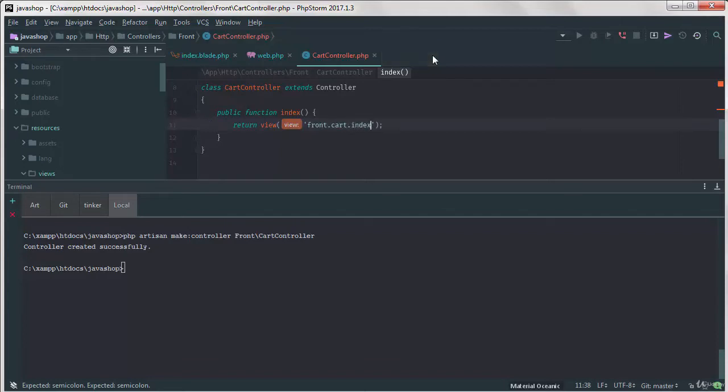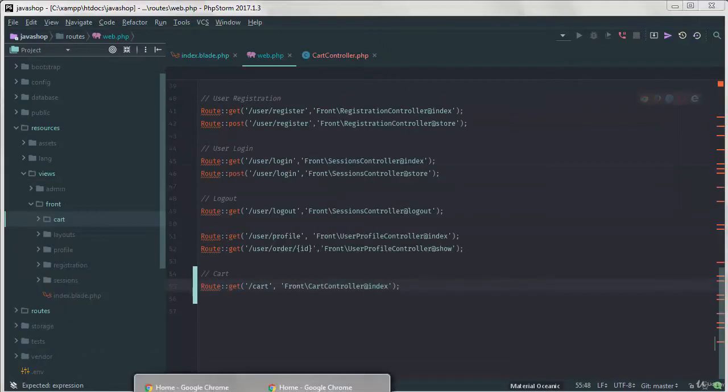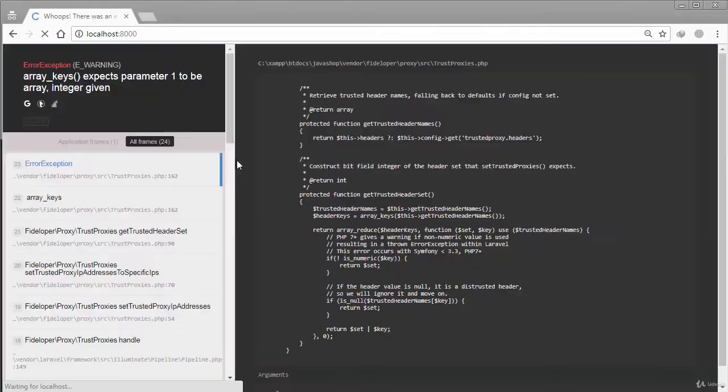Okay, just close this, and let's just complete the route for it. Front cart controller and index method. So let's just minimize the terminal, and if I just go to my project and reload the page,